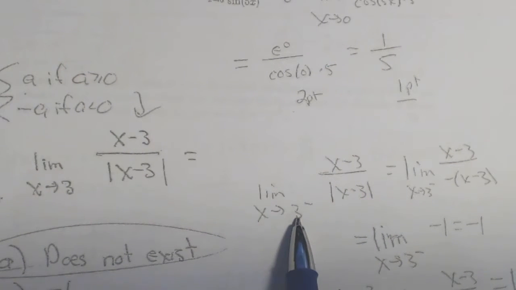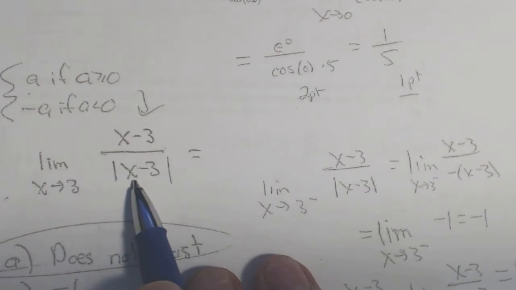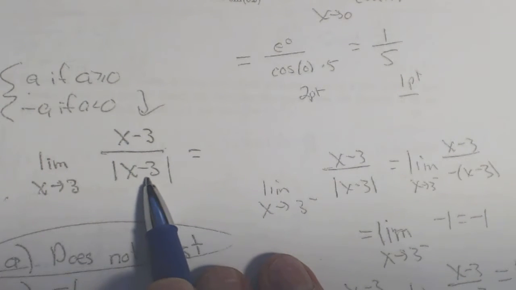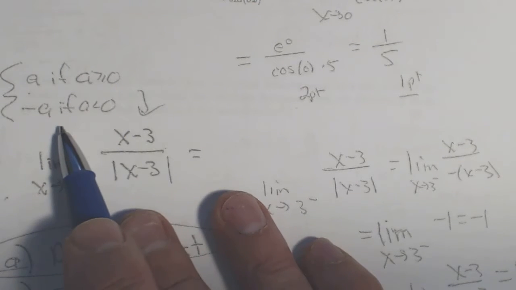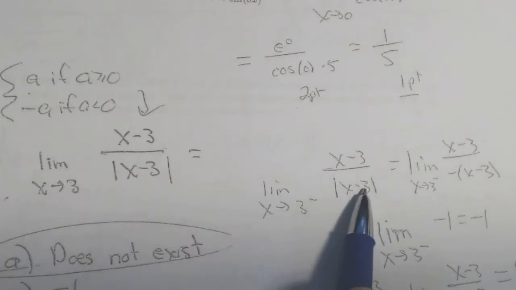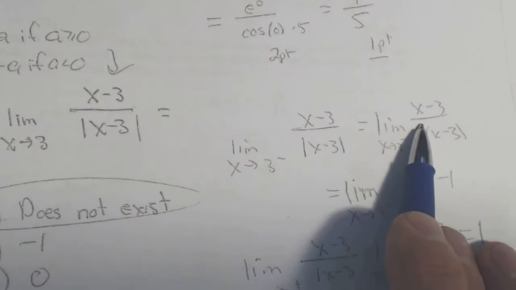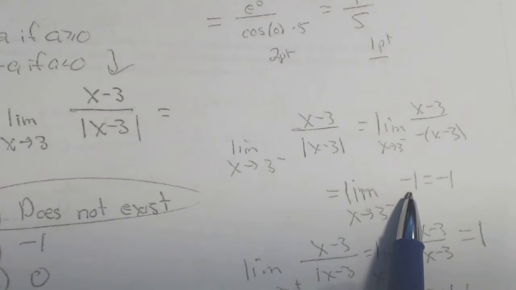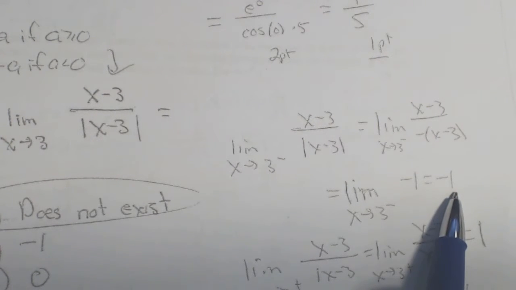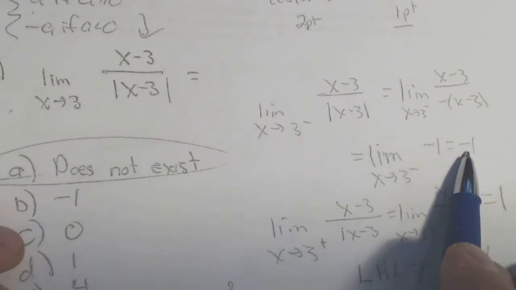So the limit as x approaches 3 from the left. Well, if I'm approaching 3 from the left, this is a number like 2 minus 3, that's negative. And the absolute value of any negative quantity is its opposite. So absolute value of x minus 3 is replaced with the opposite of x minus 3. And now I can cancel my x minus 3's, that's just negative 1. And the limit as you approach anything of a constant is the constant. We redo the limit now from the right side. From the right side,